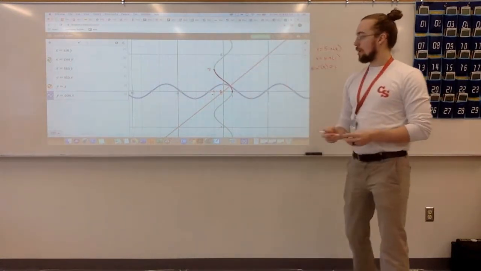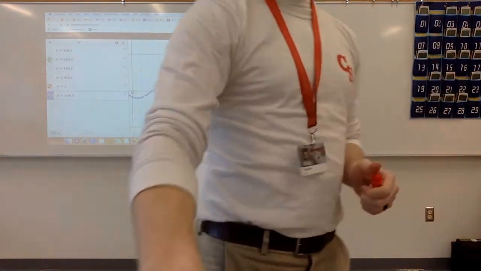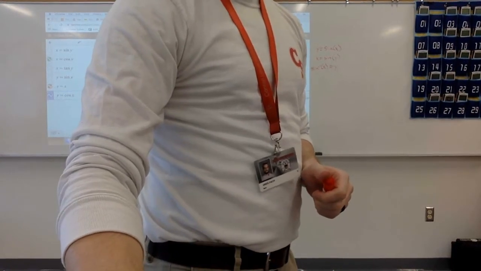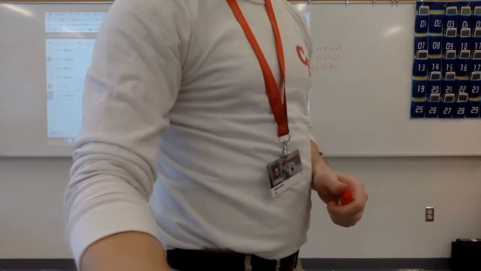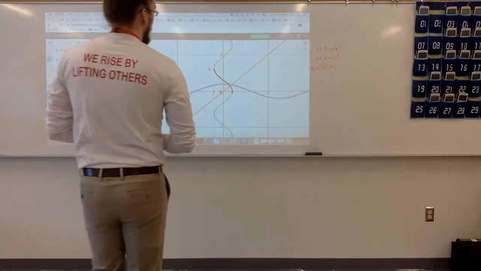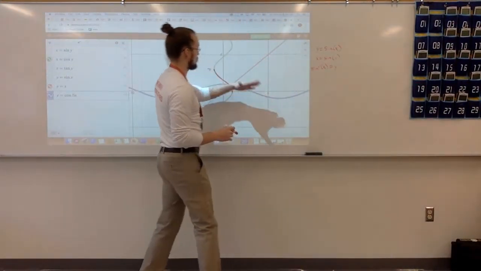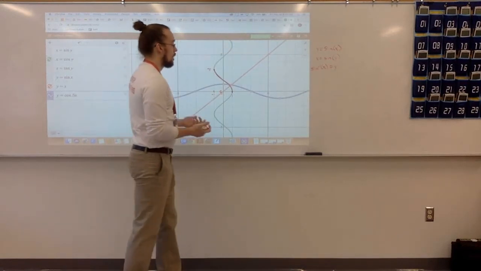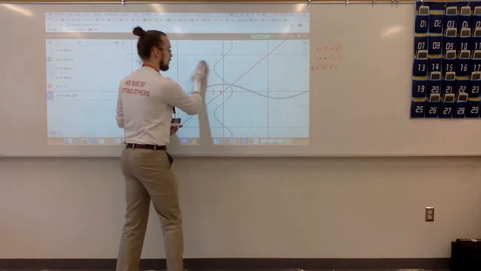If we say that our original graph is like y equals 0.5 cosine, something like that, and I were to reflect this across the x-axis, then we could look at